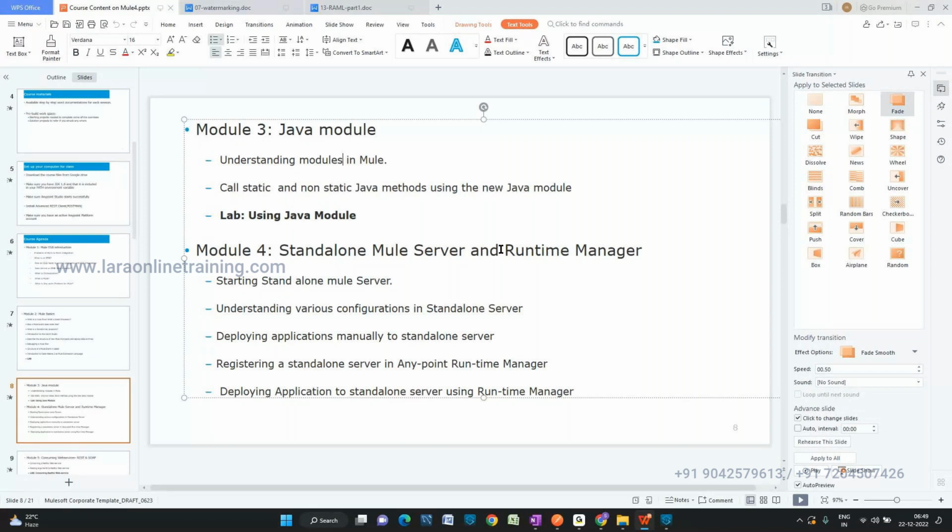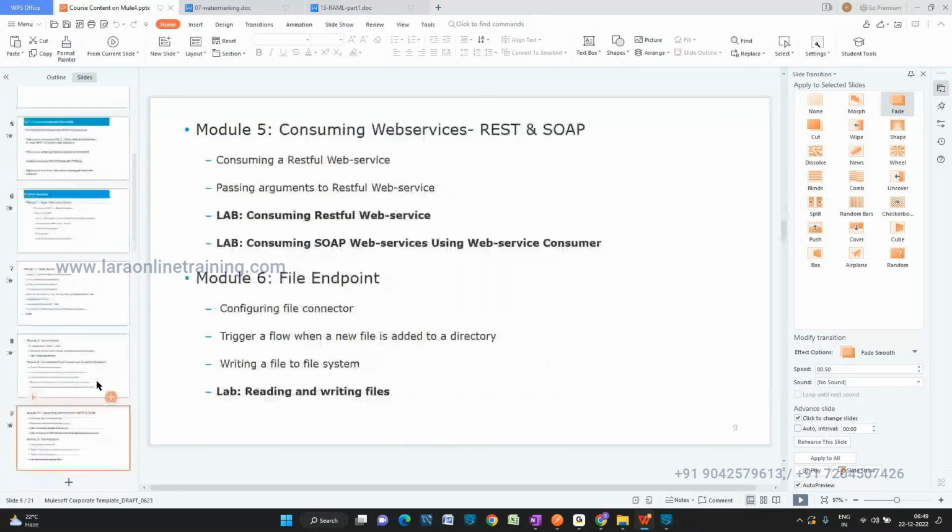I'm not going through each and every subtopic here. I'm just giving a summary. So two deployment strategies we are going to see. Basically, the MuleSoft standard agenda is concentrated on types of integration. This is one type of integration, web service based integration. So when you come to the